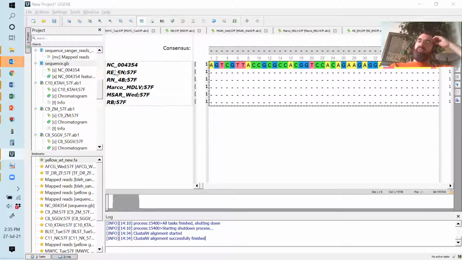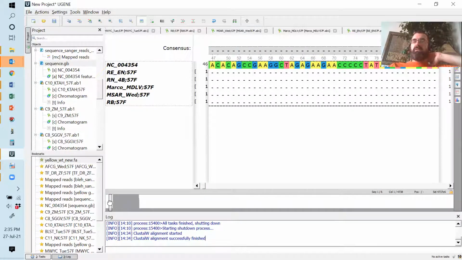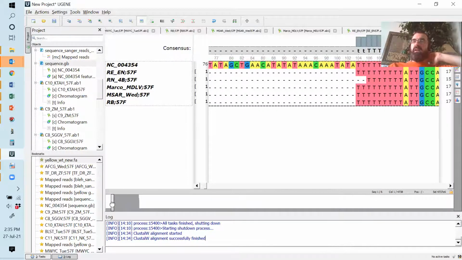Okay, so again, we've got the reference sequence at the top, right? These dashes are simply spaces. As of now, those spaces are because there's no sequence there. We'll see if there's any other difference. So we kind of scroll along, and now we hit the first kind of good sequence,